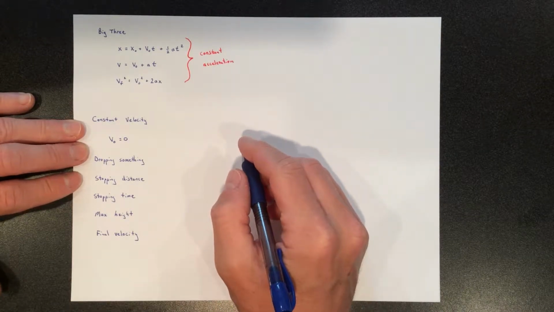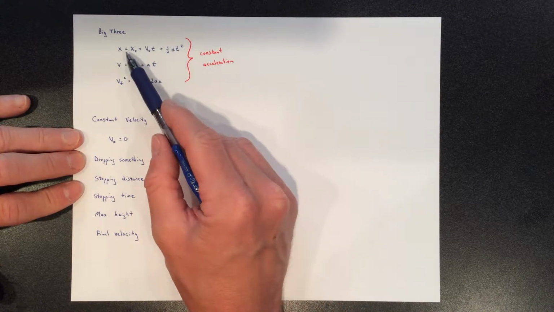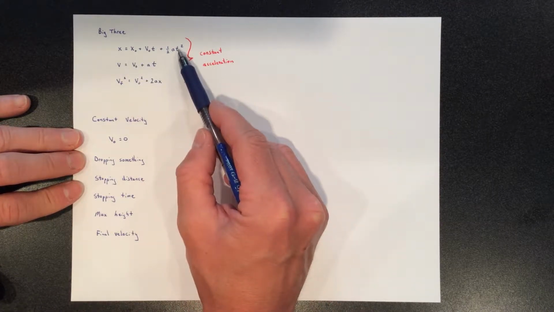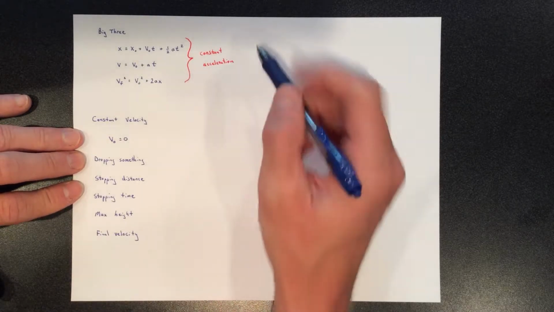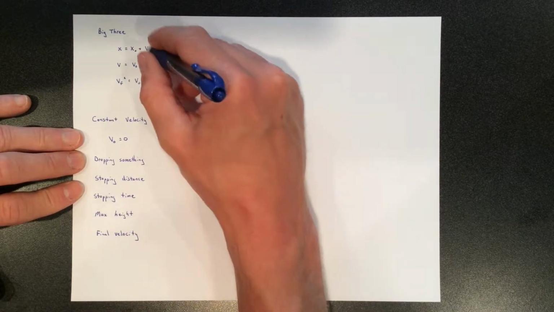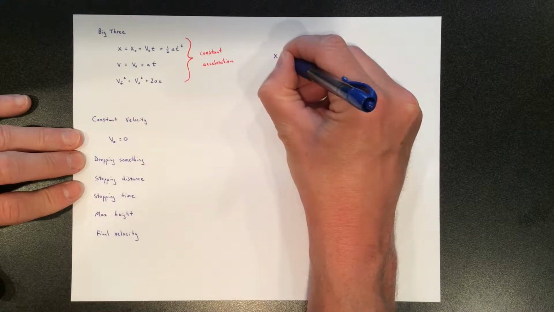All right, this is a review of the big three algebraic physics formulas. Again, we start talking about the standard position equation, velocity equation, and then the no time equation. Let's remind ourselves that all of these are either built from a very simple principle